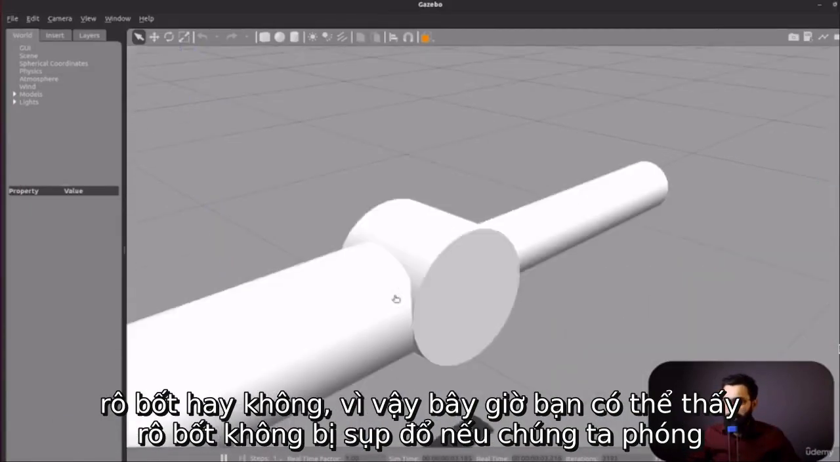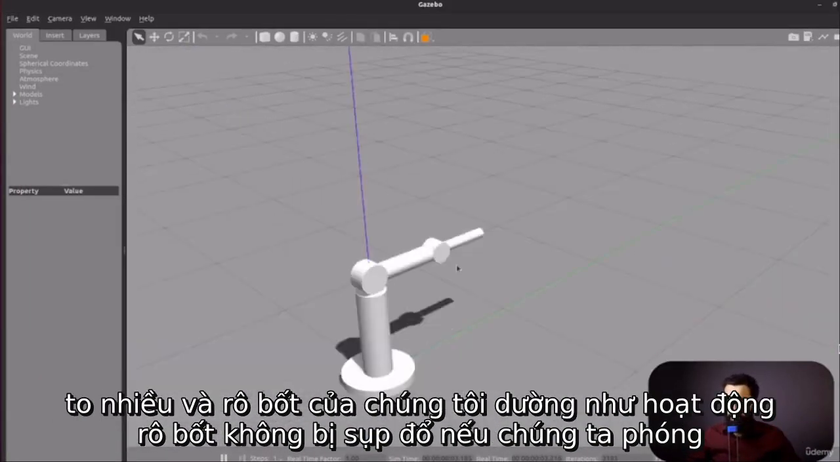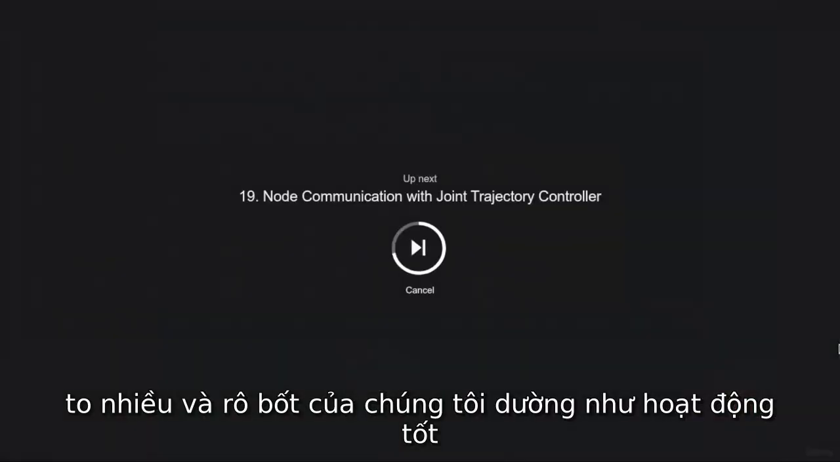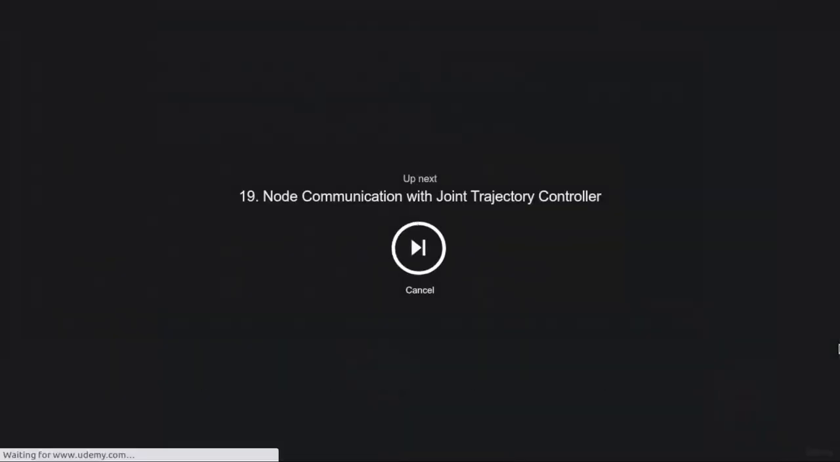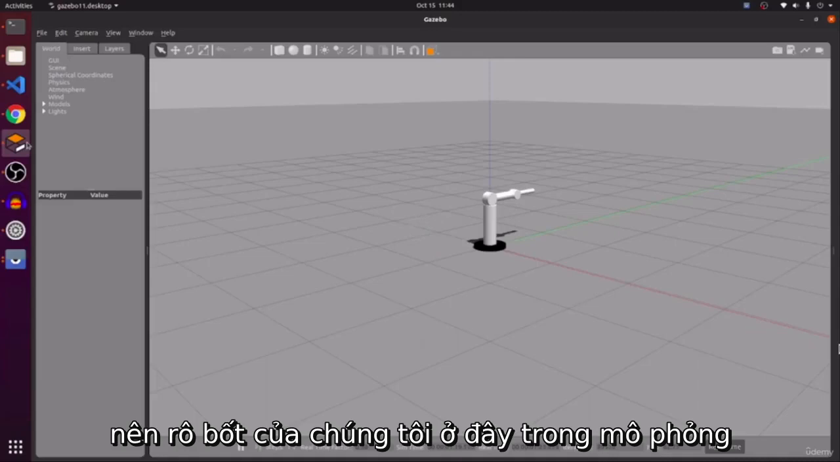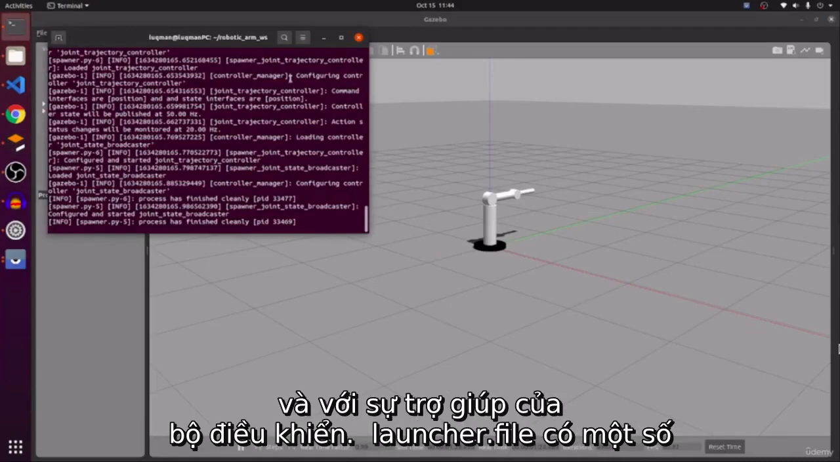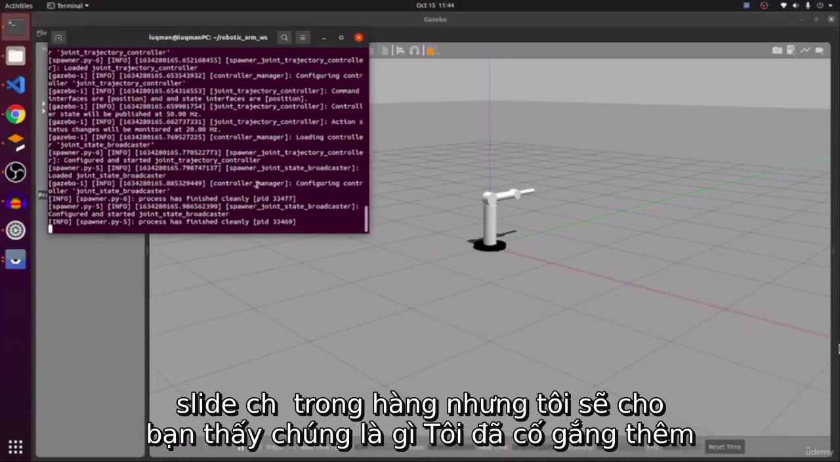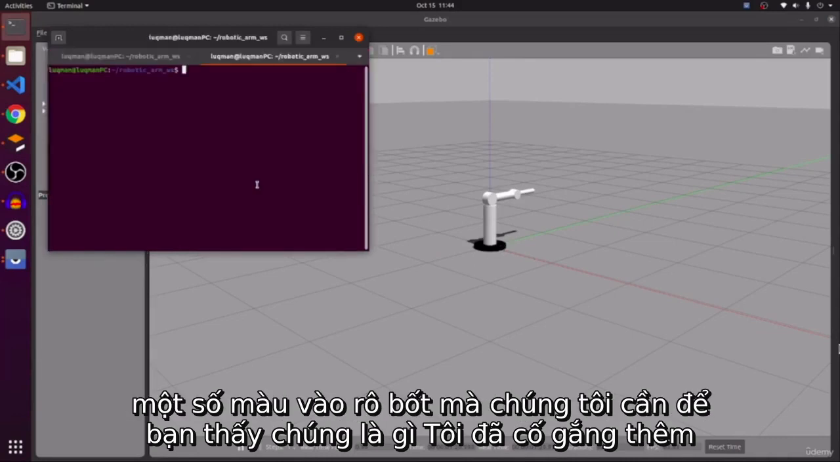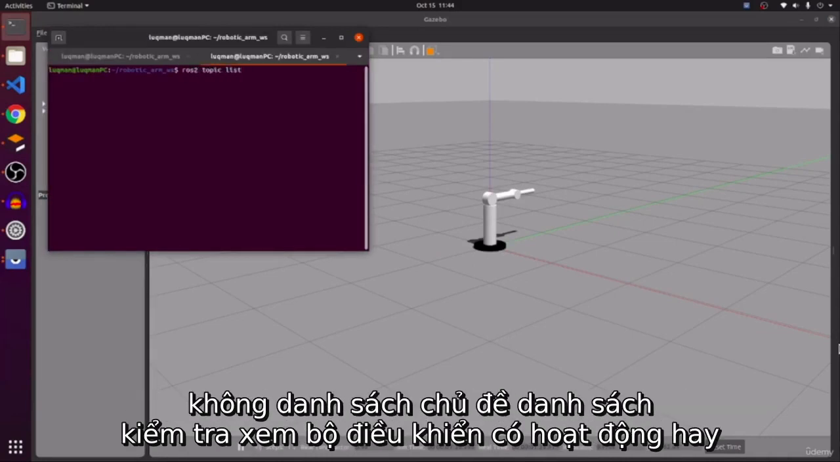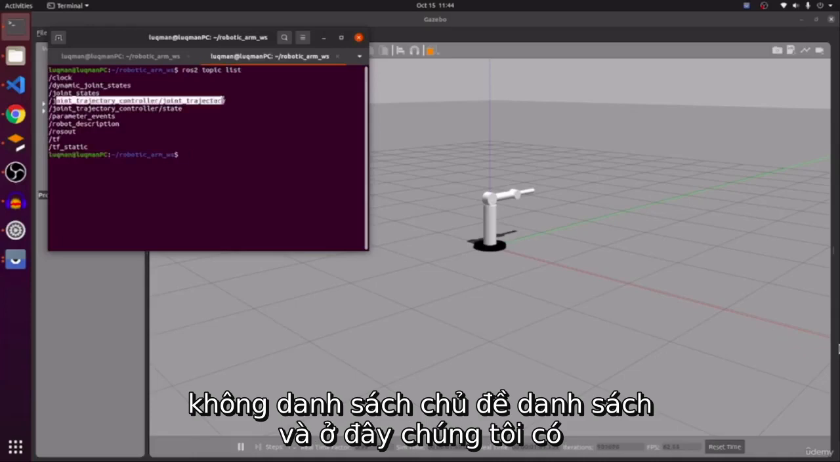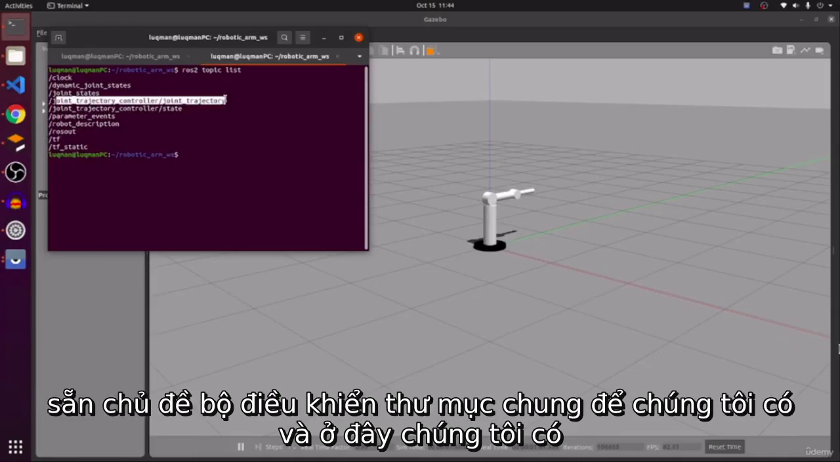So now you can see the robot is not falling apart if we zoom in a lot, and our robot seems to be working fine. So our robot is here in the simulation, and with the help of the controller.launch.py file, there are some slight changes in the robot. I have tried to add some colors to the robot. We need to check if the controller is working or not. ros2 topic list. And here we have the joint trajectory controller topic available to us